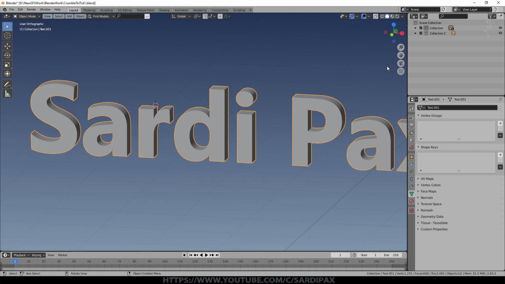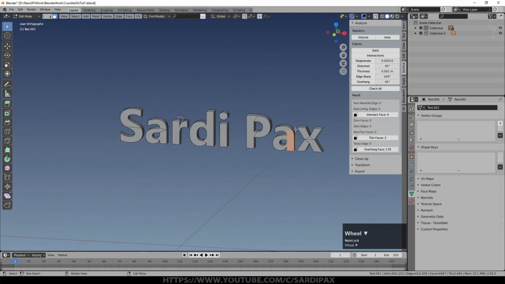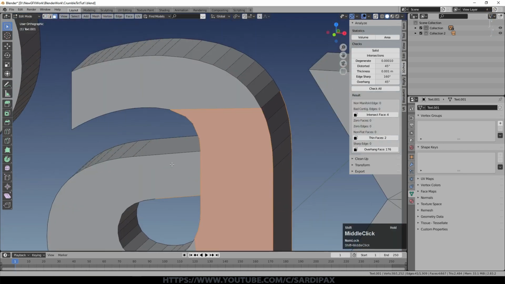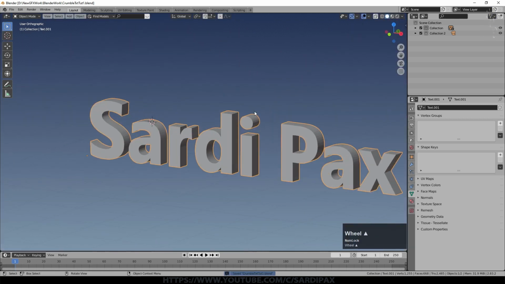You can use the 3D printing tools to help you there. So if we say check all here, you can see there are no non-manifold edges or anything like that. There are some intersecting faces, and those may be the ones where we have some problems. And if we just click that, it will actually show us where they are. So there's actually some intersecting faces here. It doesn't look like it's too much of a problem. So even though it's for 3D printing, that can be quite useful for this purpose.